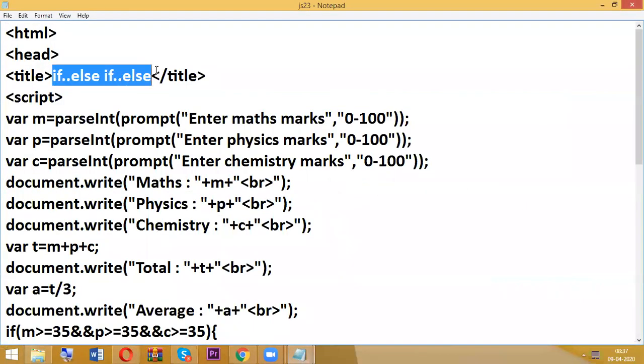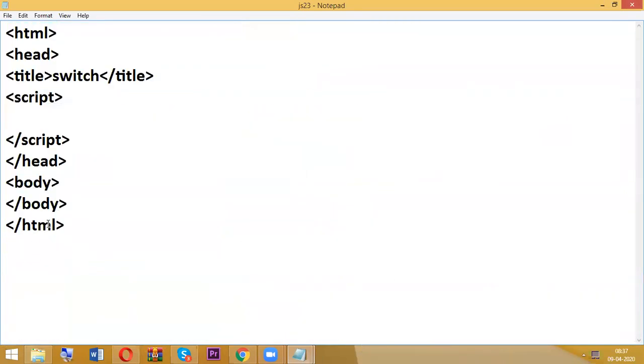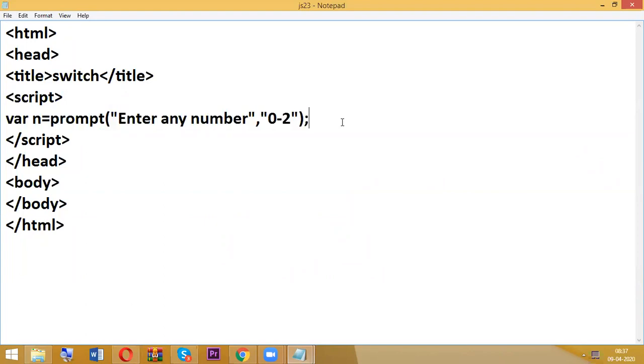Switch statement, here a simple example. Variable prompt n equal to something. Enter any number, just like a suggestion, 0 to 2. And we know that prompt returns a string.